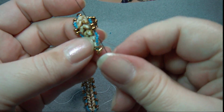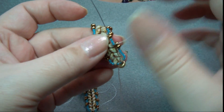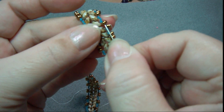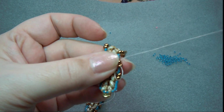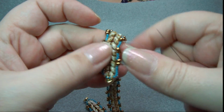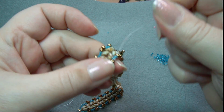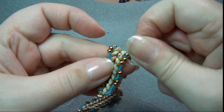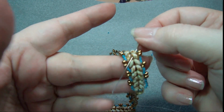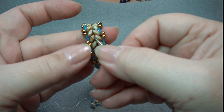Through this next set, through the magatamas. And what I'm going to do is I'm going to keep going, and I'll go through probably another 2. So this one, and the next pair, or the next set. So through the magatamas, and once more I'm going to go down through to the Superduos. Might be a little bit difficult, you might have to wiggle your needle a bit. So it's down through 2, up through 2,